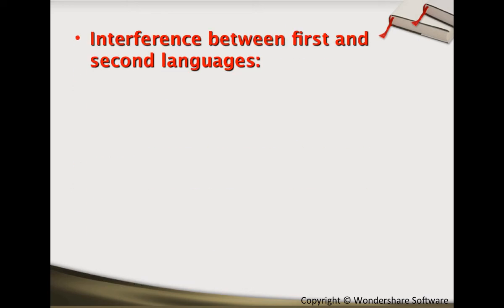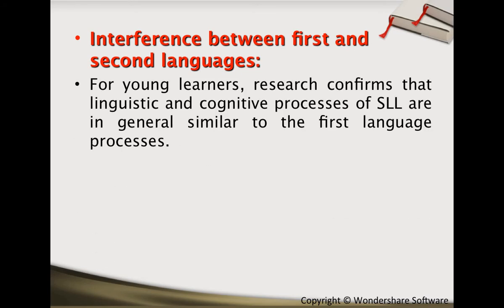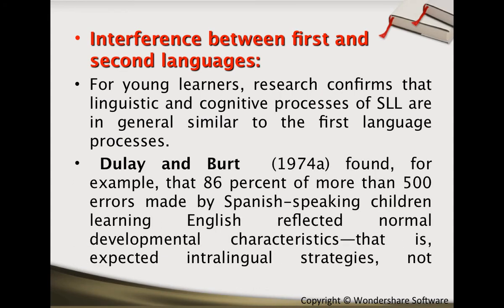Now, the interference of first and second languages. For young learners, research confirms that linguistic and cognitive processes in second language learners are in general similar to those of first language processes. So generally, when we learn a second language, we tend to go through the same processes that we go through learning the first language. And there was an experiment done by Burt and Dulay in